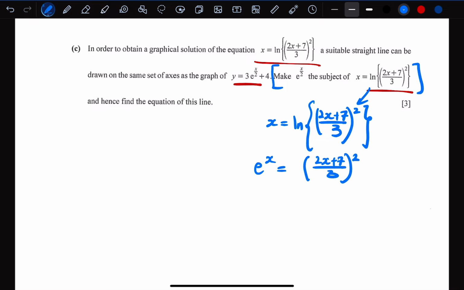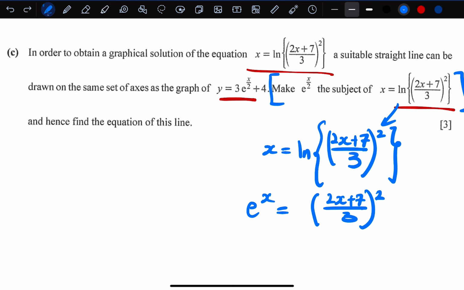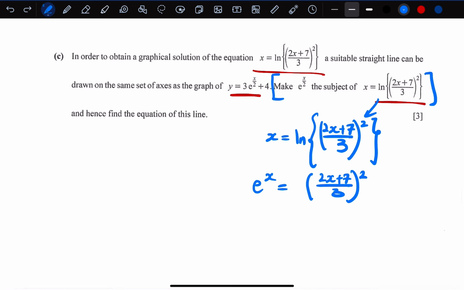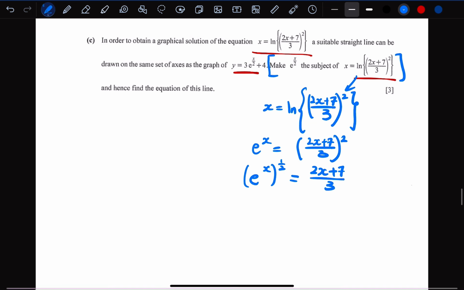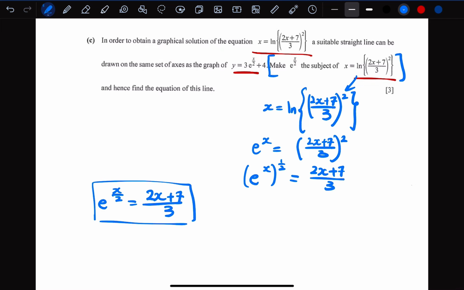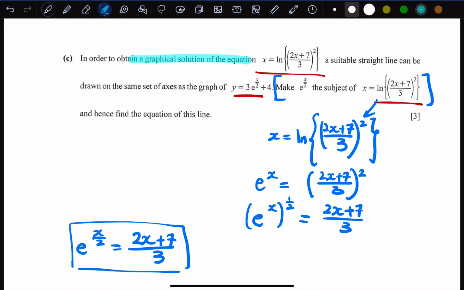And we take note that we want power x over 2 to appear. And we can see, oh, we have a square root here. Well, when you square root both sides, you're basically multiplying it by a power of half. And the other side, you will just get 2x plus 7 over 3. So this, you will get it to become e to the power of x over 2. You have already made e to the power of x over 2 the subject, equal to 2x plus 7 over 3. Once we have gotten this to this form, they are telling you that in order to obtain a graphical solution of this graph, this is a curve,